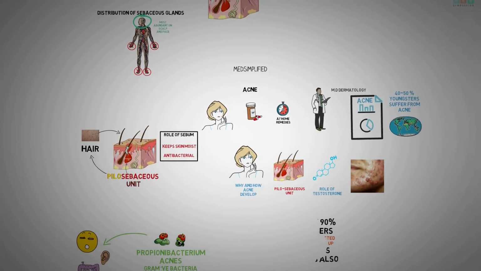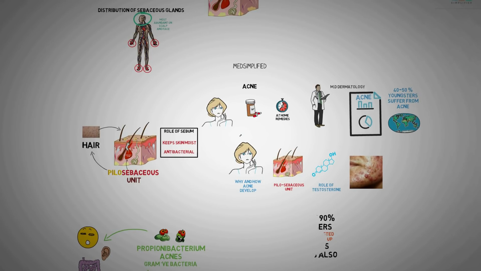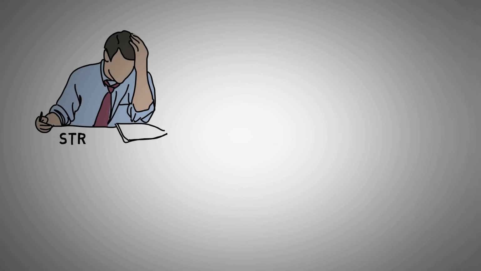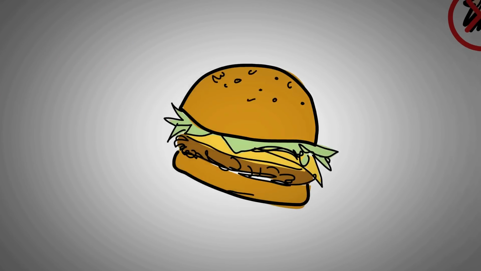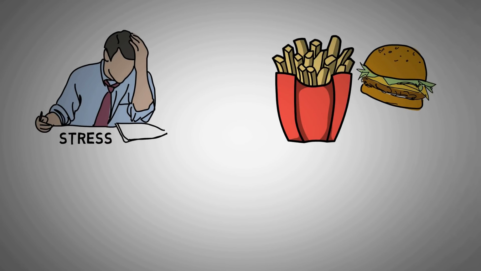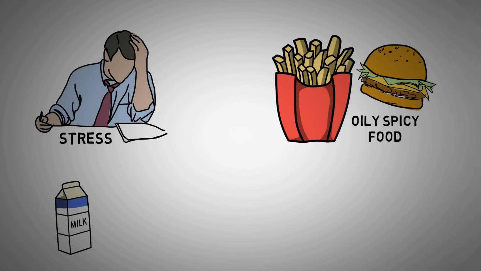Males have high levels of testosterone at the time of puberty. Females also have many types of hormones like DHEAS, testosterone, etc. So by that logic, almost 100% of people should have acne. But there is a big but here. There are many other factors that also determine whether you will develop acne or not. Some of them are clearly known and some of them are still being researched.